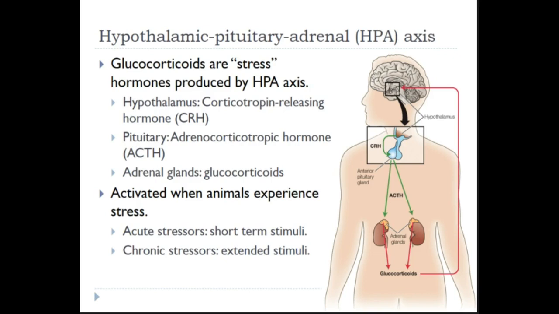And the job of these stress hormones is to upregulate processes that allow us to handle stress, be it emotional stress, social stress, physical stress, trauma, there's not enough food around, these kinds of things. It triggers all sorts of responses that are related to those kinds of stressful events. So they can be acute stressors or they could be potentially chronic stressors. That will then alter the behaviors of the animals. So that's where we need to pick up on Tuesday, is how these things will alter the behaviors of animals.